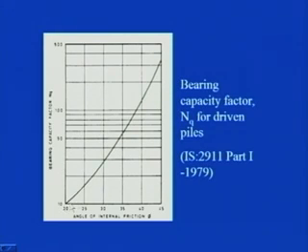As you can see, here it is on normal scale, but here it is on log scale. So, this is 10, 20, 30, 40, say 50. So, if you take some value, let us say roughly in between 30 to 35, that is 32.5, you can see here that this value of NQ is approximately 40. So, this is how you can find out the value of this bearing capacity factor. However, there are various other methods also available like Terzaghi's bearing capacity factors, Meyerhof's and others, but usually we adopt this from the IS code method.